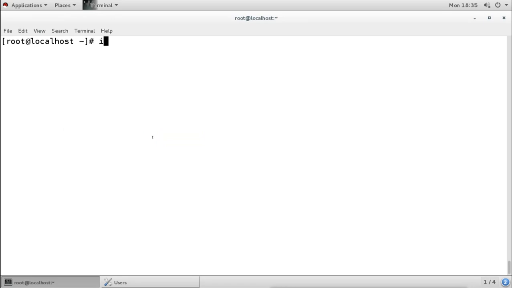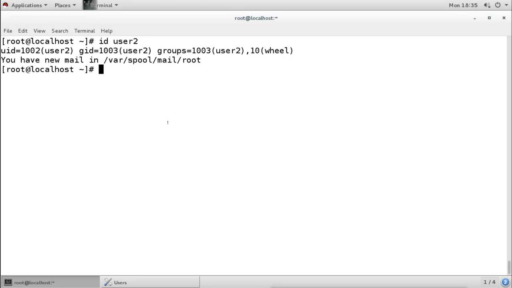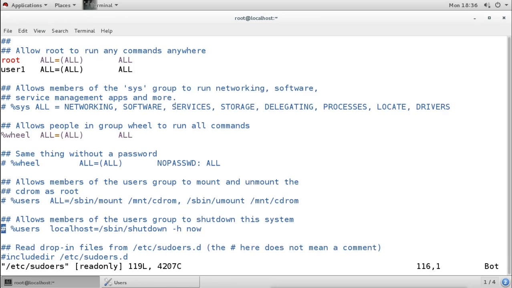If you check user 2 here, it made that user a member of this wheel group, and this wheel group by default has sudo permission. If you check the sudoers file, there is a wheel group and it also has all the permissions.